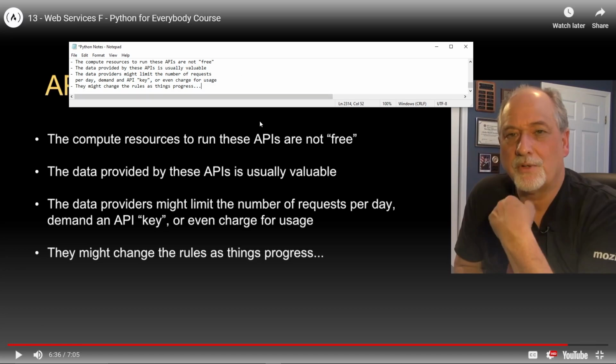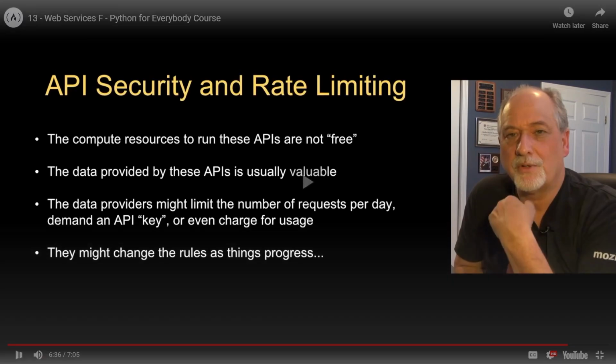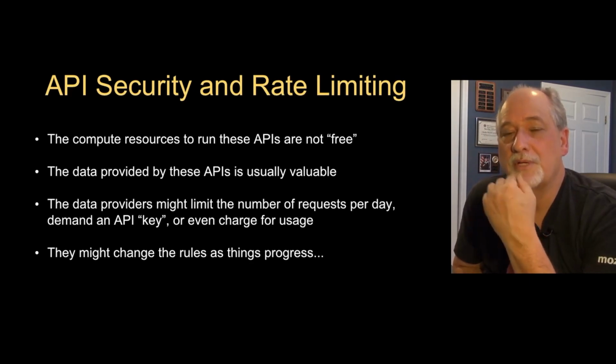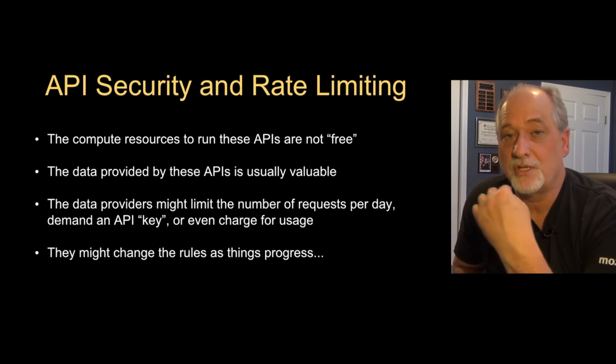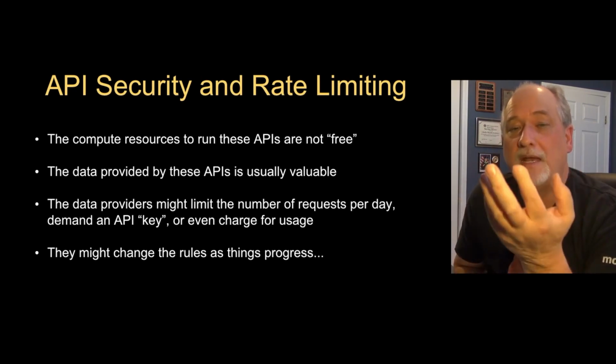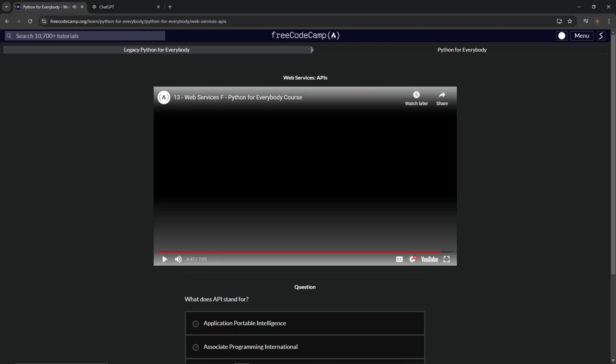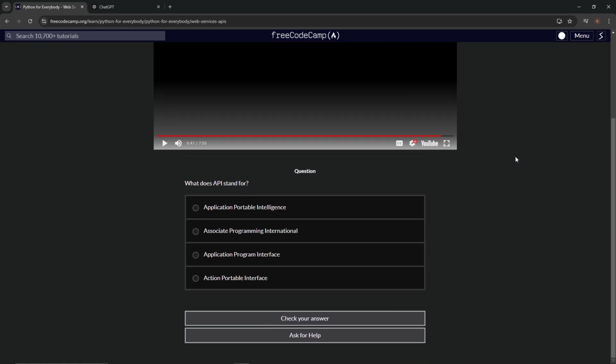All right. So there's that. Let's listen to him talk about it. We're going to talk about how sometimes these APIs protect themselves with keys or signatures, and why that happens and how to solve those problems. Okay. So there we go. That's a little cliffhanger for tomorrow's video. So let's go on to the question and finish this one up.